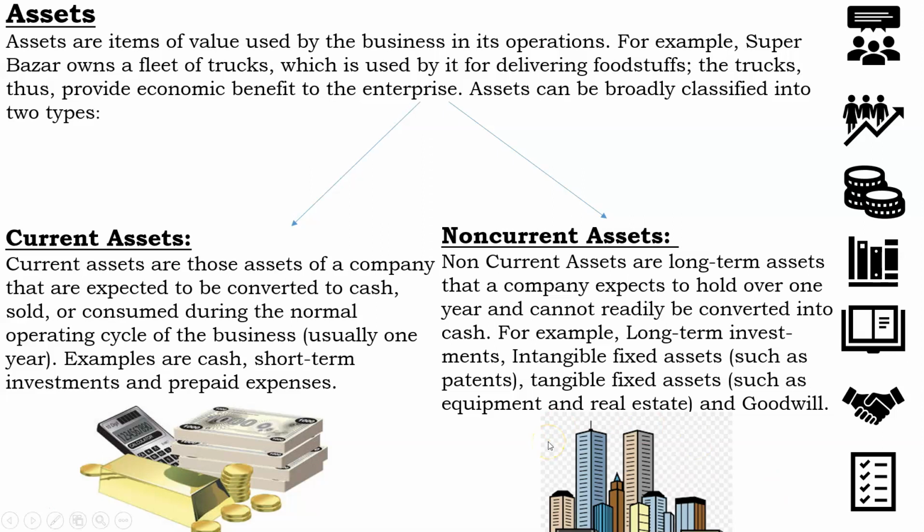Then tangible fixed asset, a building. Building cannot be sold in a year. It can, it is like it can be sold in 1 year, but it is always termed as non-current assets. The tangible fixed assets, they are always tangible fixed assets, means something which we can touch and are delivering value to us. For example, the truck in the above example, or a building over here, or patents or goodwill that we cannot touch, but they are there. So these are all termed as non-current assets.